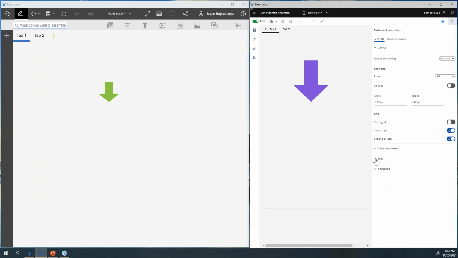So you can see here, I think there's a separate section for the tabs. There is so much you can do within the tabs, whereas with here, there were not many options. Yes, you can change the name, you can edit, or you can delete, or you can clone as well. But with the new version, as you can see, you can apply a lot more coloring and formatting to the tabs.